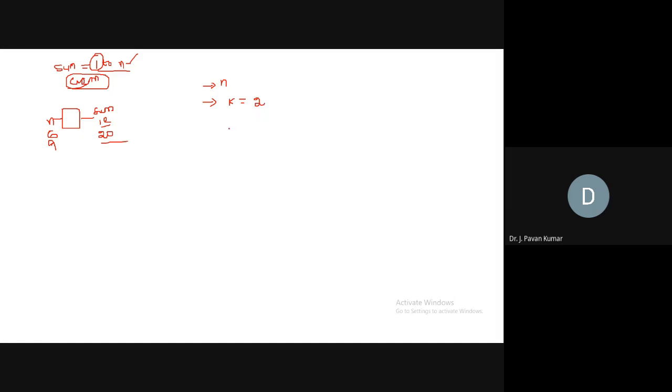After this, k is equal to 2. Then if k mod 2 equal to 0, what does it mean? K is an even number. Then we have to consider this k for sum. Sum is equal to k. Next, k value will be incremented. This is the usual procedure we can consider. That is, from 1 to n means 1, 2, 3, 4, 5, 6, 7, all these things we will be considering. Out of those which are even, only then we will add that to sum.